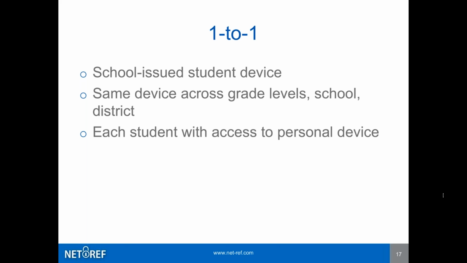So this one-to-one structure, of course, can vary, and in different schools will look different, but typically we have a school-issued student device, the same devices across maybe K-2, maybe different ones for 3-5, or 6-8, 9-12, and each student can have access to their own device. So connecting it back to our conversations on different blended learning models, what you do in a one-to-one school might be very different than what you do in a BYOD or few and mixed device school.